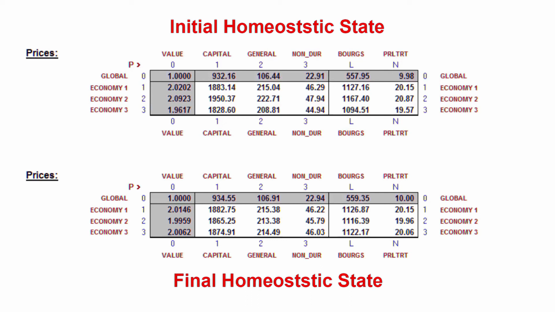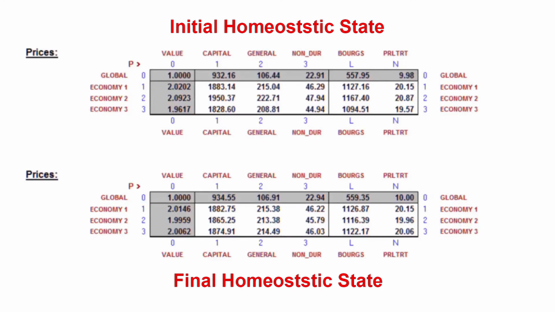It should be noted that, at either end of the experiment, the ratio of any two prices is the same across all three economies. These ratios carry through to the absolute commodity values reported in row 0 of these displays. Changes in the commodity values during the course of this experiment are dictated by changes in the system's boundary conditions, not by anything occurring in terms of financial stocks and flows.